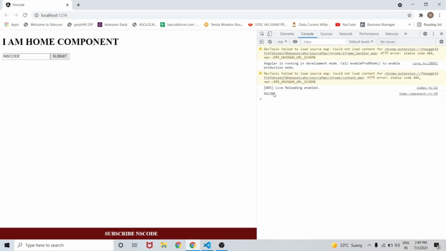Let's try to add more text to it and click on the submit button. NSCODE channel. As you can see, the value of the input element, NSCODE channel, is in our developer console. Now go to